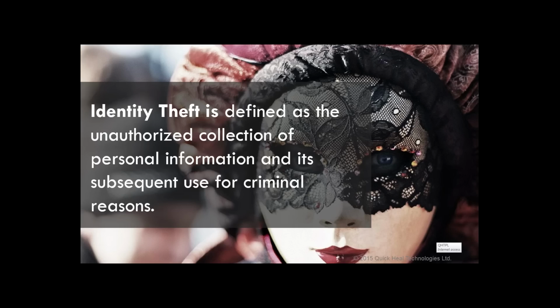Identity thieves gather personal information from these social networking sites. Most social networking sites require information such as an email address or a birthday, and it's common for an identity thief to hack an email account by using this information. Let me explain using an example. The most common technique to get personal information is by clicking on the link which says forgot password and trying to recover the information through email. Once the thief has access to your email account,